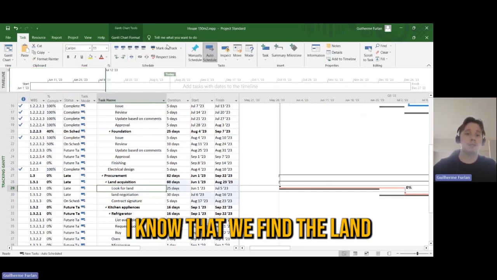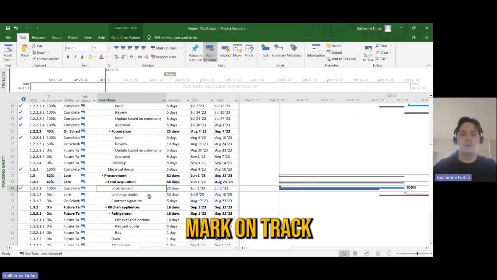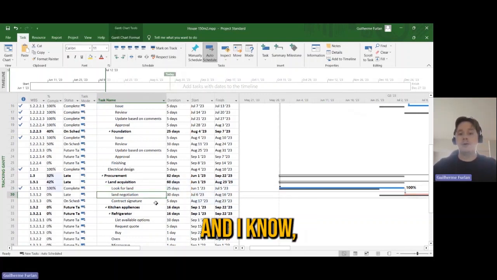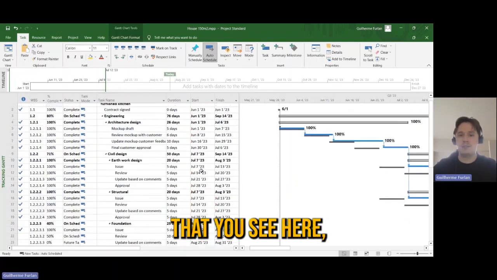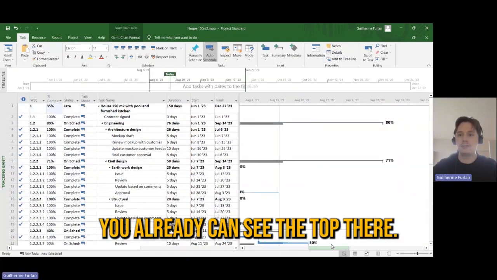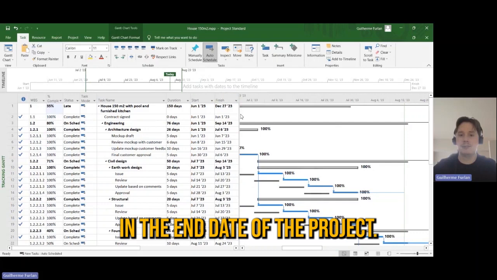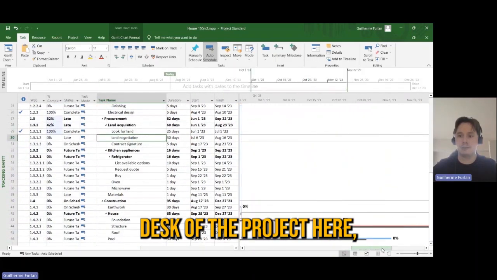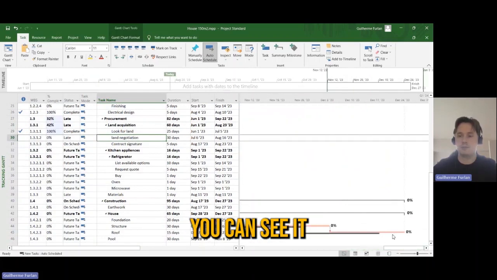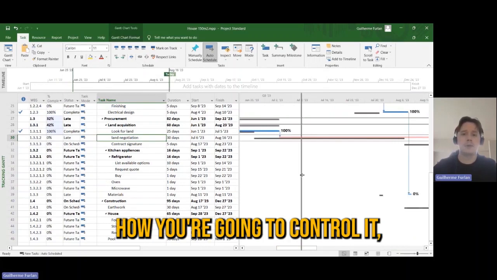Then I know that we find the land that we want, mark on track, and I know if we delay the critical path that you see here, you already can see in the top that there's an effect here in the end date of the project. How do I know? You can see based on the last task of the project here. You can see it's ending after or it should,